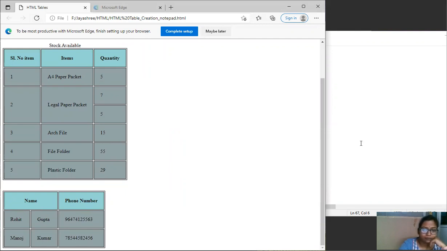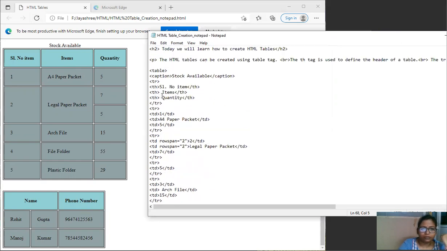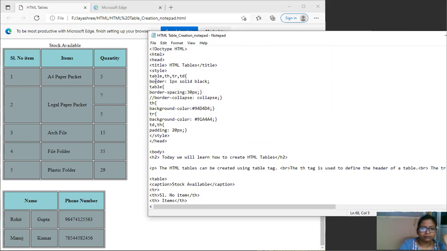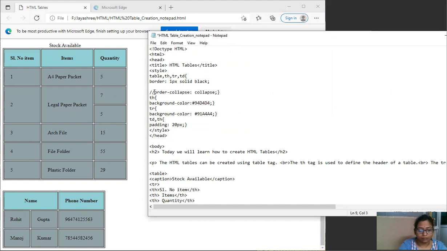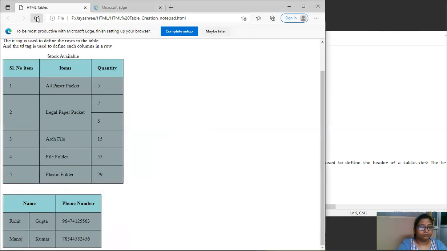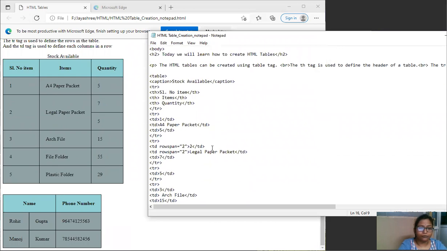Okay, so I'm closing this table. Okay. So this is how you do it.